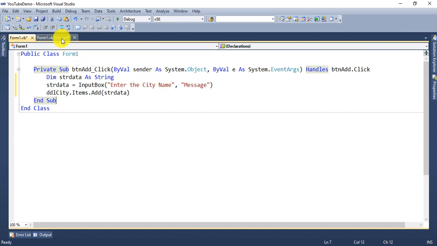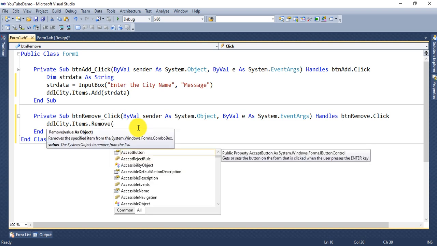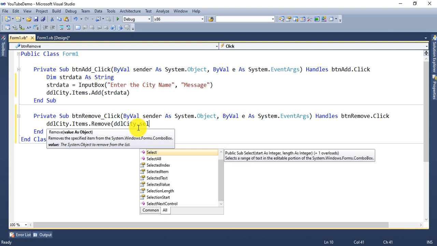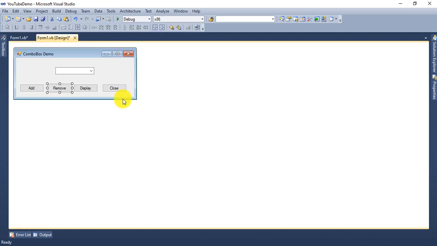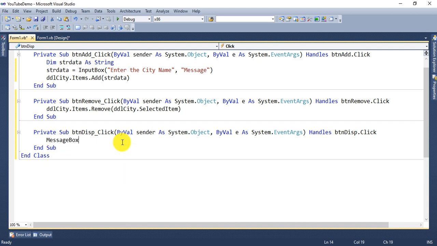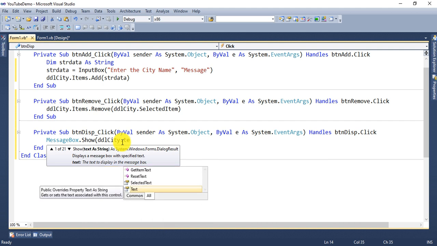In the same way we perform remove also. So what are we removing? ddlCity.Items.Remove, and in the brackets you provide the item name, whatever item you selected, so ddlCity.SelectedItem. And for display you can provide MessageBox.Show, here ddlCity.Text.